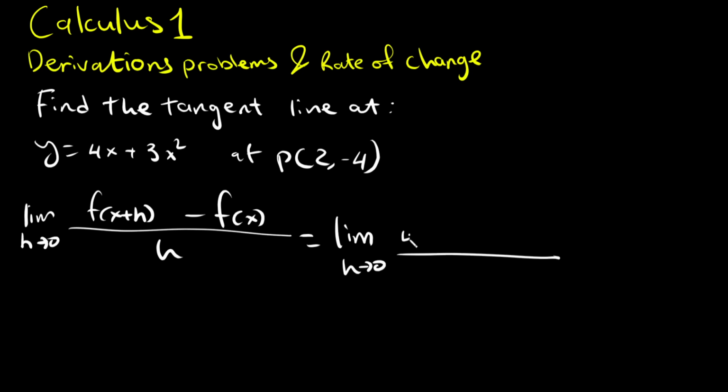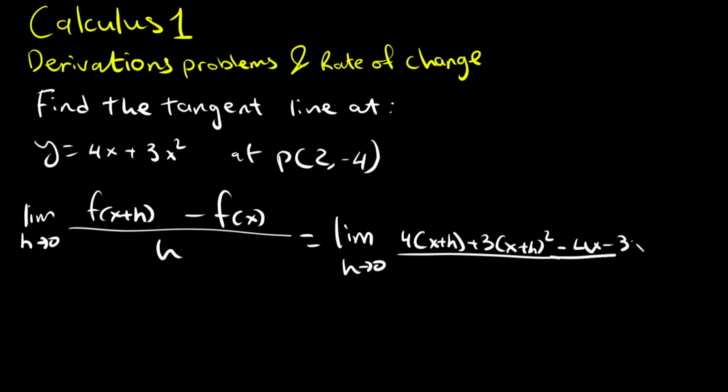So let's replace this. It's going to be 4 parentheses x plus h, plus 3 parentheses x plus h to the power of 2. Then I'm going to do minus